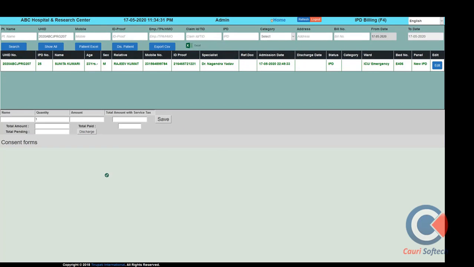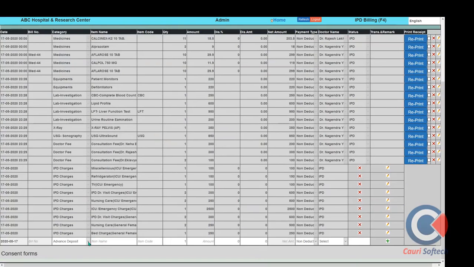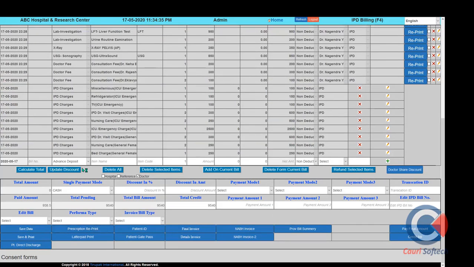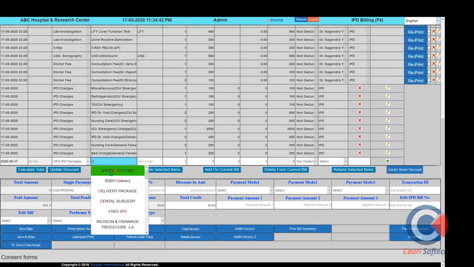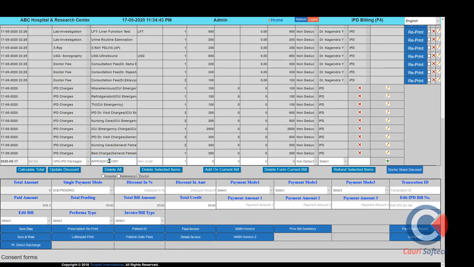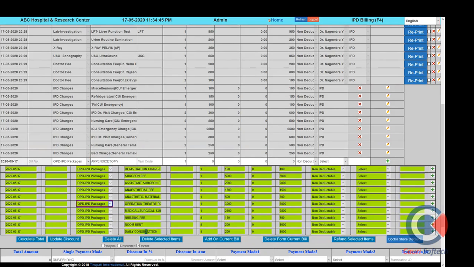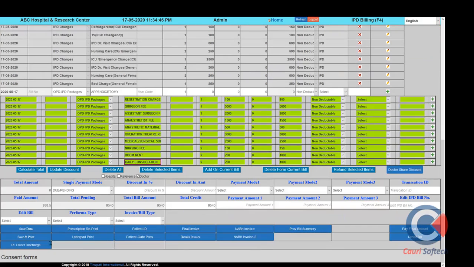Meanwhile, if you want to add or update any package detail of the same patient bill, we have an option also to create patient bill information. We can update the OPD IPD package system. You can also add it to the patient bill. Just apply the patient's type of package, and all respective services will be updated to the patient bill automatically. There you can see all the details coming, and this way you can add this bill amount to the patient, and we can save and pay.